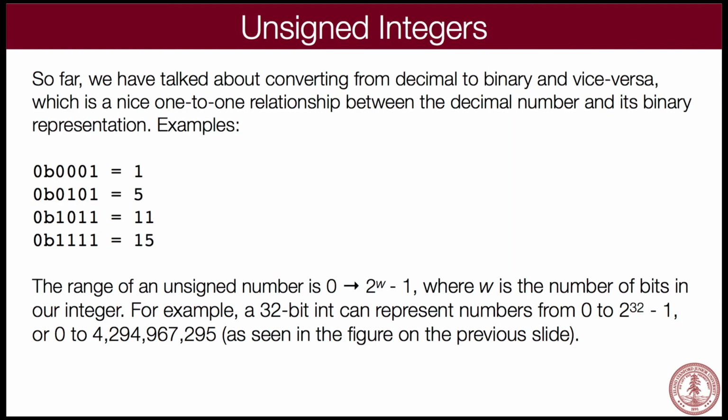What do we do with these numbers? How are we going to represent them under the hood? We talked about converting decimals to binary. We've already thought about that. We know that those are our representations for 1, 5, 11, and 15. Unsigned numbers are actually very nice in that the decimal representation becomes the binary representation just like that. Nothing more to worry about than that.